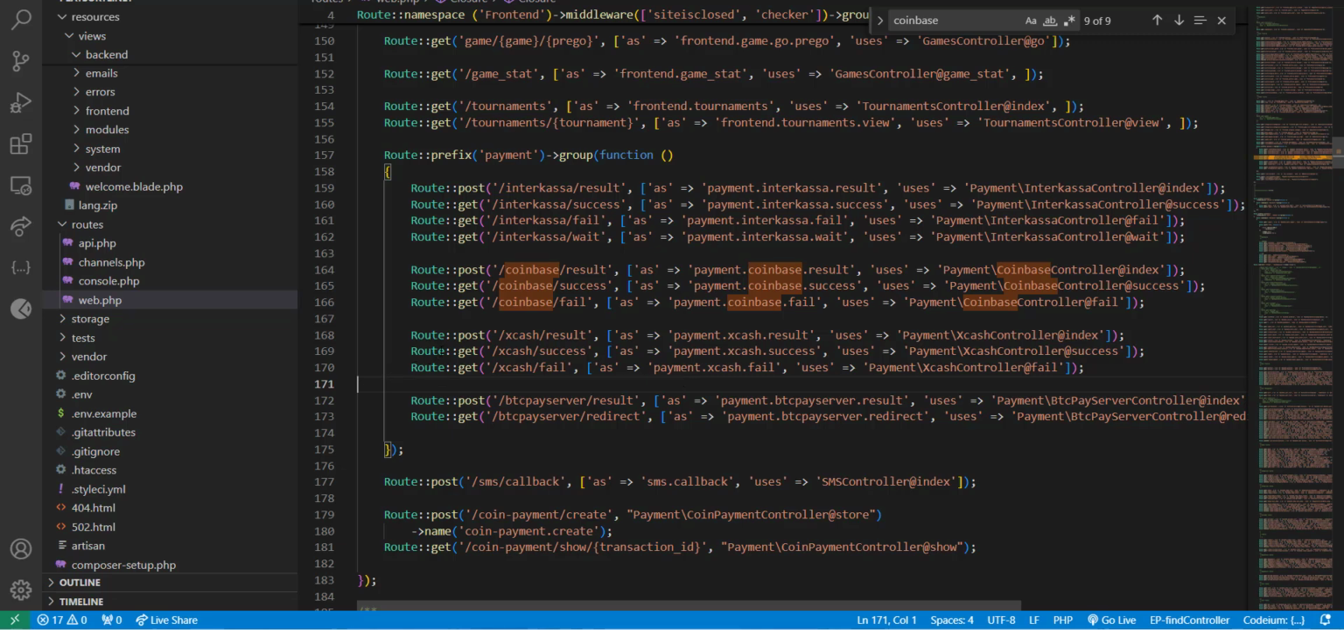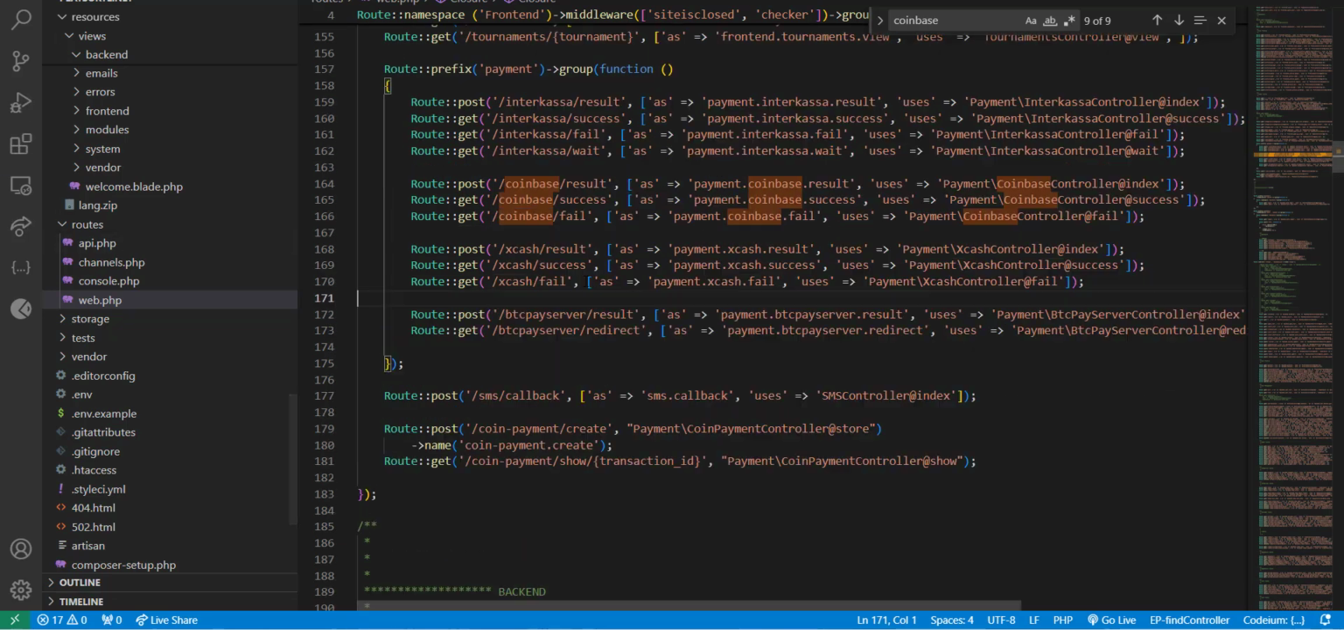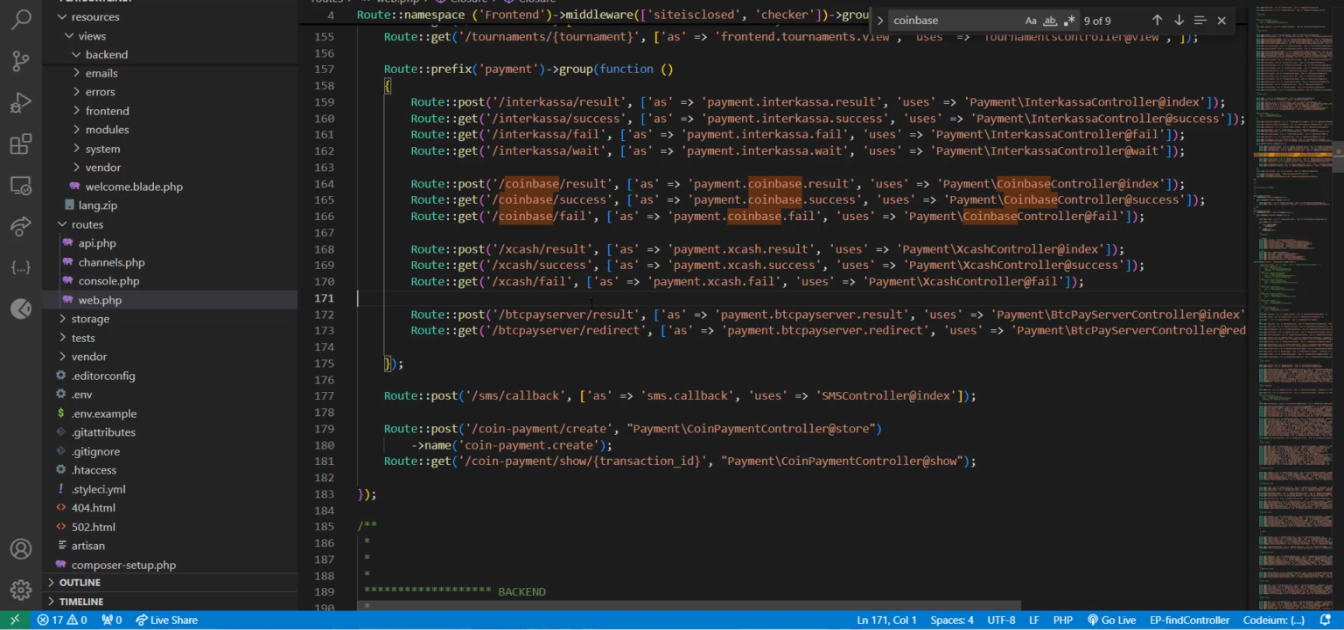So one of them is going to be the callback URL. For example, you can see this is the post method. The post method is going to receive data from the payment method after somebody has successfully paid. All right, so that is why we have the callback URL. Now that we have added the callback URL route, success and fail route,